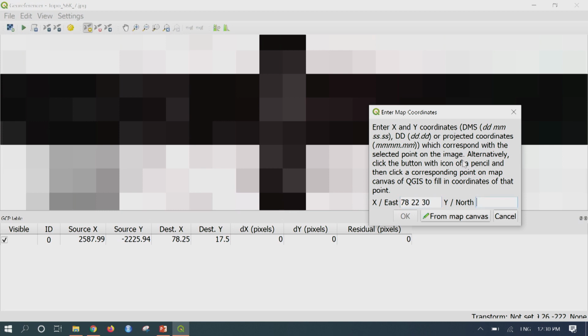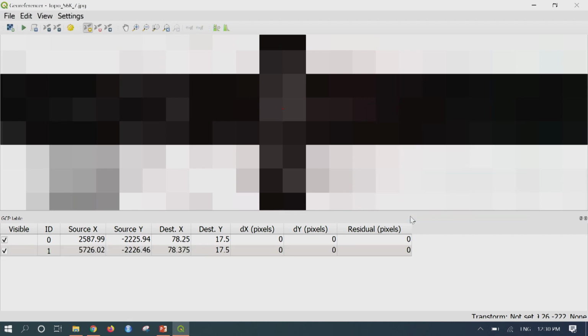Similarly, northing here will be 17 degree space 30 minutes. Once that is done, I will press OK. You can see the second point is added with a red mark, and in the GCP table you can also find the details of the second point. Now I will zoom out again.